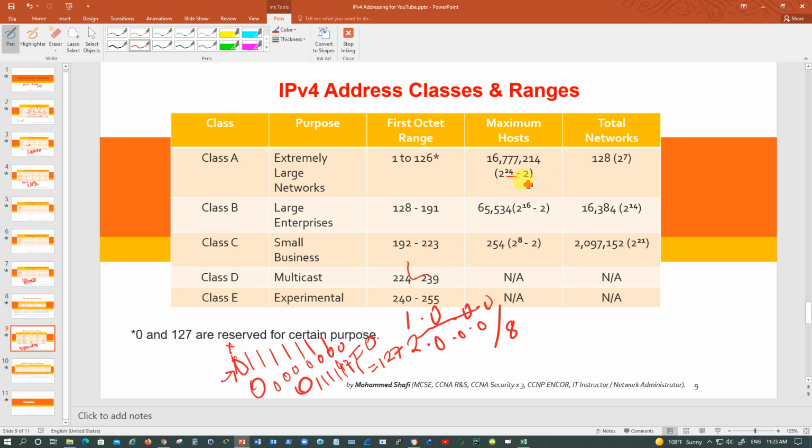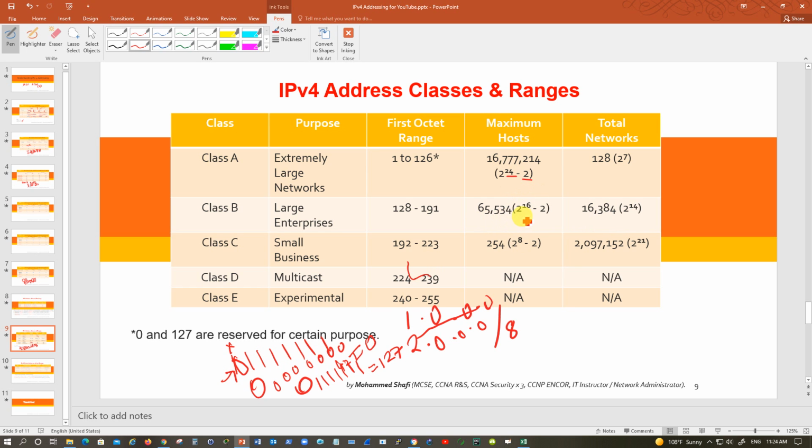This minus 2 is for those 2 reserved addresses that cannot be used on any device for communication. They are reserved for a specific purpose. One of them shows that this is the network, another is for the broadcast in the network. Broadcast is used for many purposes by devices, in order to locate the MAC address of other PCs, and to route information from one network to another. For various purposes there will be a broadcast going on. We cannot hear the broadcast, but computers are very chatty in the network. They keep on trying to figure out things for themselves.